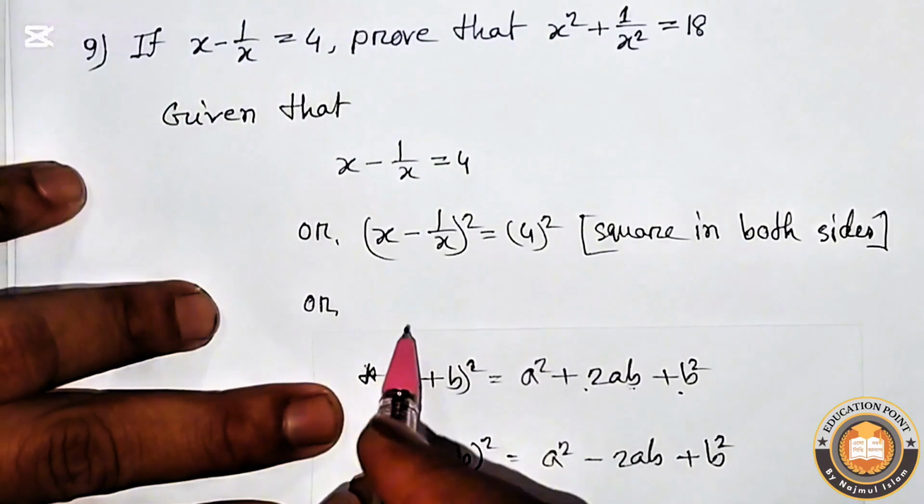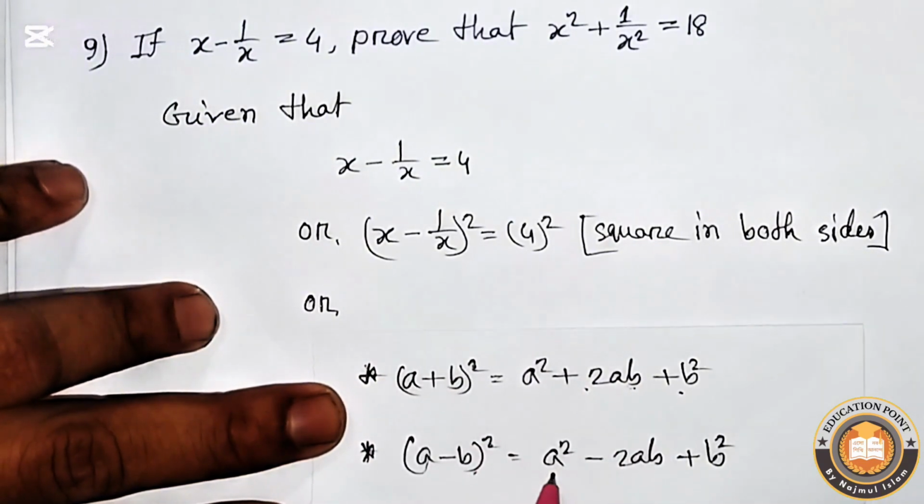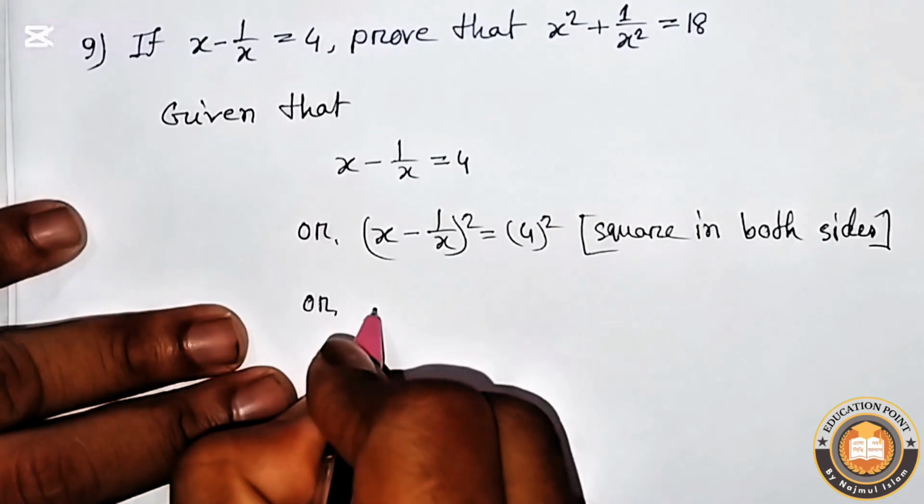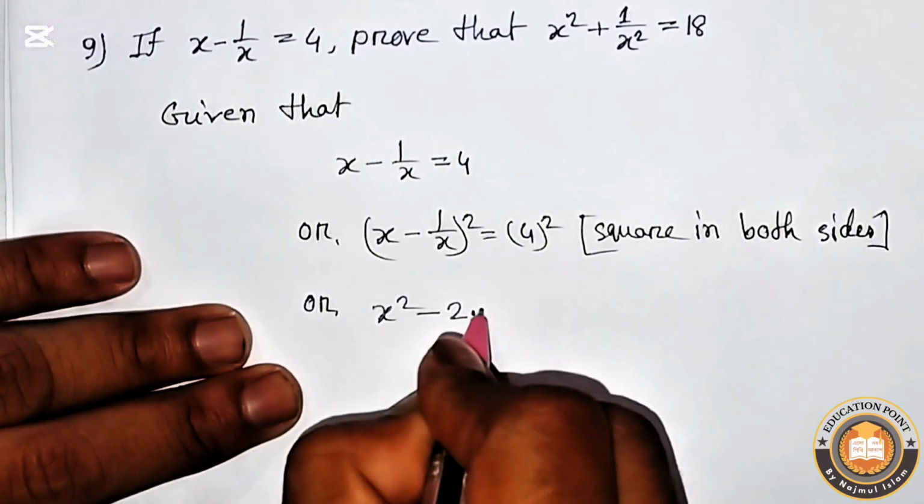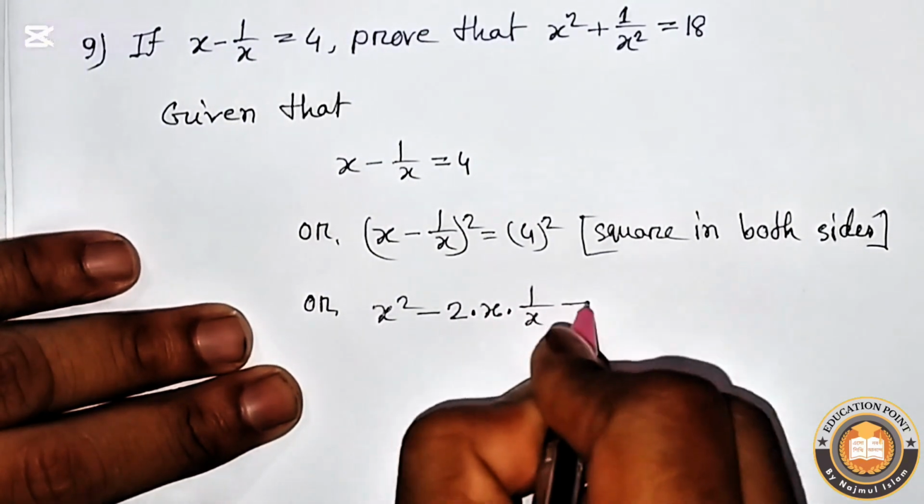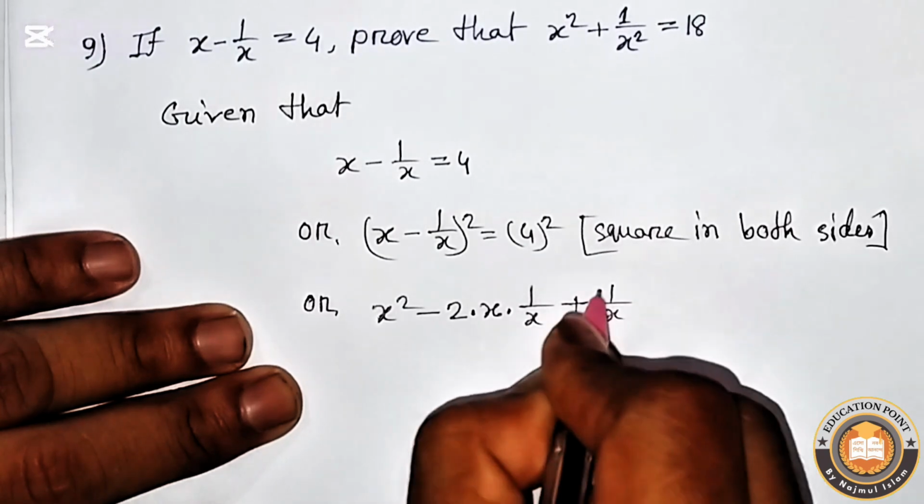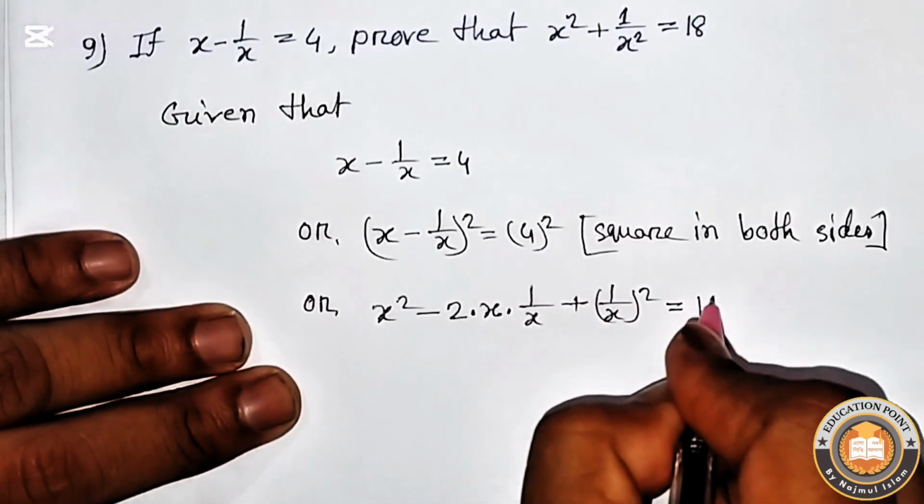Here we will apply the formula of a minus b whole square, that means a square minus 2ab plus b square. Here a square means x square, minus 2 into a means x into b means 1 by x, plus b square means 1 by x whole square, equal square value of 4 is 16,